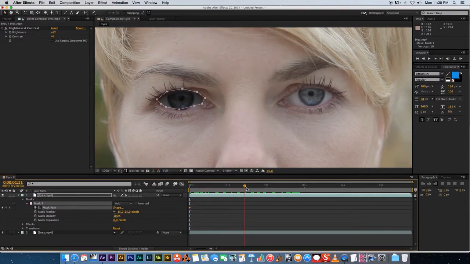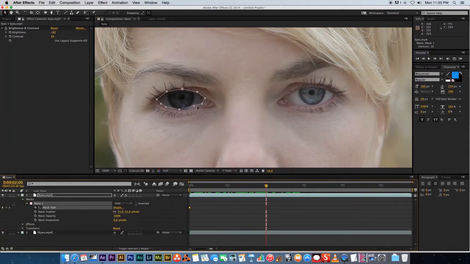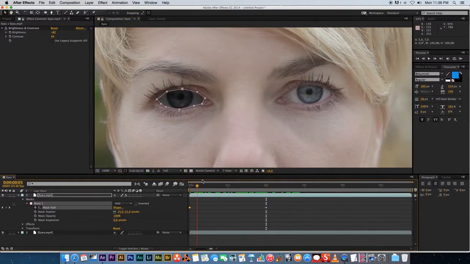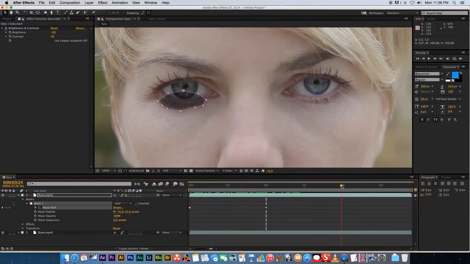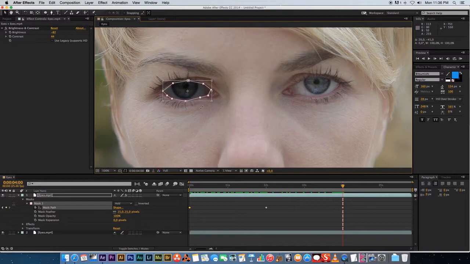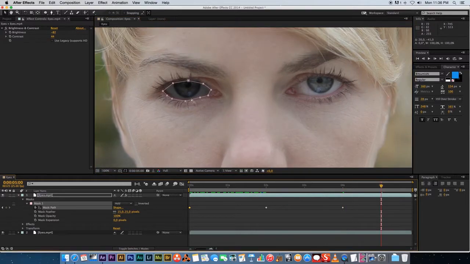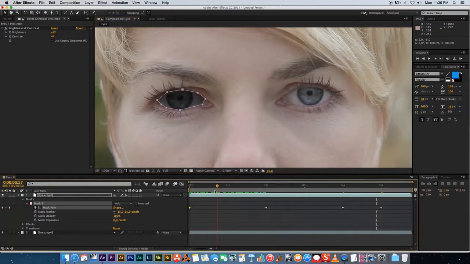So I'm going to go around to about 2 seconds and double click on this mask to select the whole mask, and then you can actually move that mask around. I'm just going to readjust it to go over the eye, and if we scrub back you'll see that that mask is actually moving around. Let's go around to 4 seconds, double click on the mask again and move it into place. Let's go to 5 seconds, double click, move it into place. If I scrub through this now, you'll see that that mask is kind of following the eye, but it's